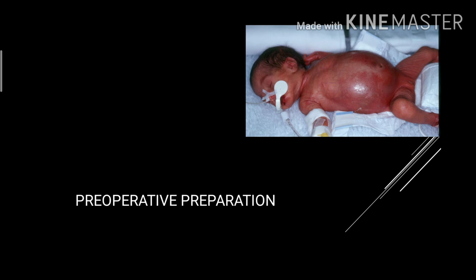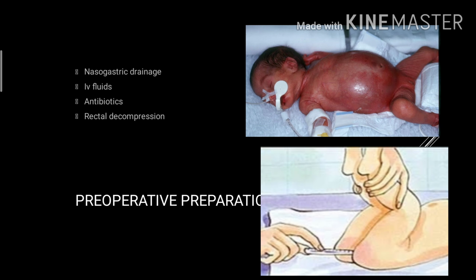I'll discuss it again. But before coming to colostomy, we can see what the preoperative preparations for colostomy are. When we get the child like this due to abdominal distension, a nasogastric drainage is good, IV fluids have to be given, fluid resuscitation, antibiotics should be given, rectal decompression can be done. If we put a rectal thermometer, we can decompress the bowel if the thermometer goes beyond the level of the absent ganglion cell segment. So that is also a clinical finding which we can view in the HD.